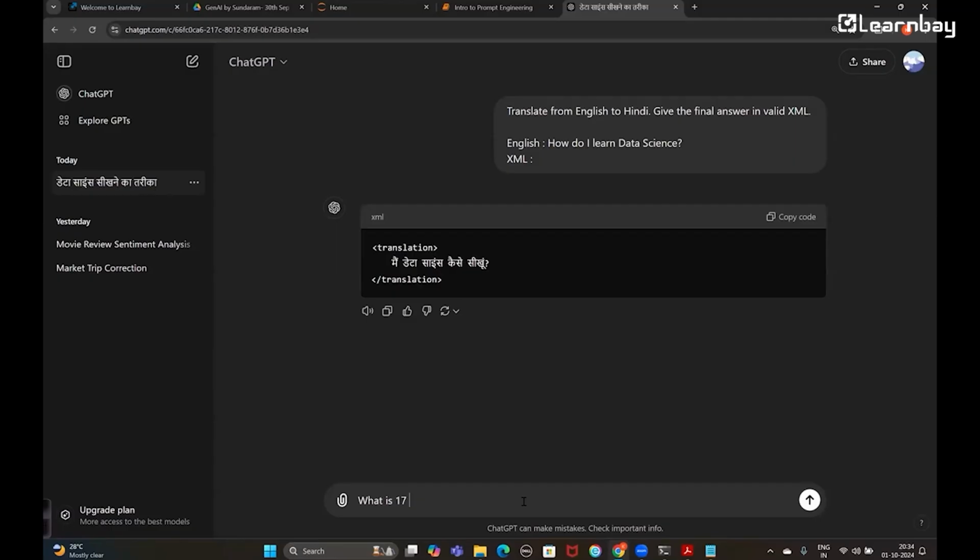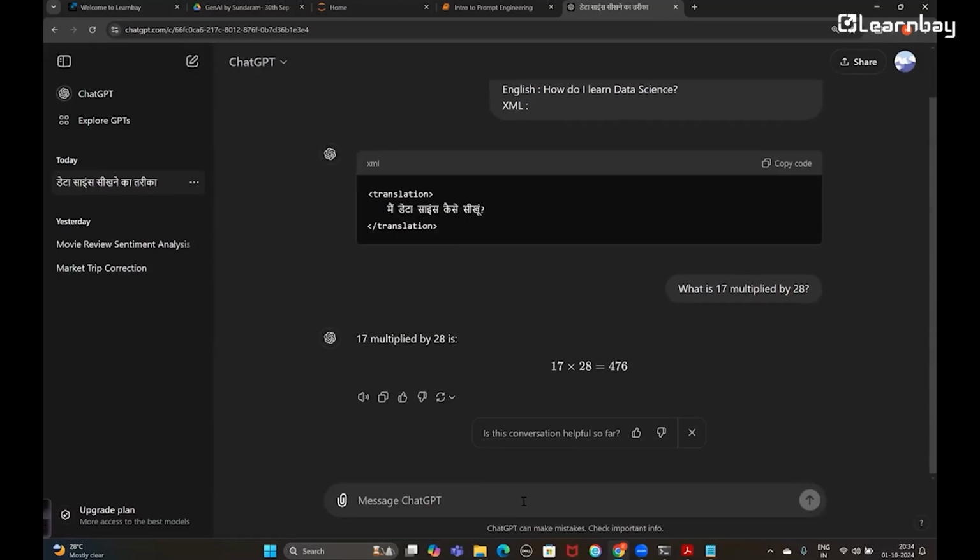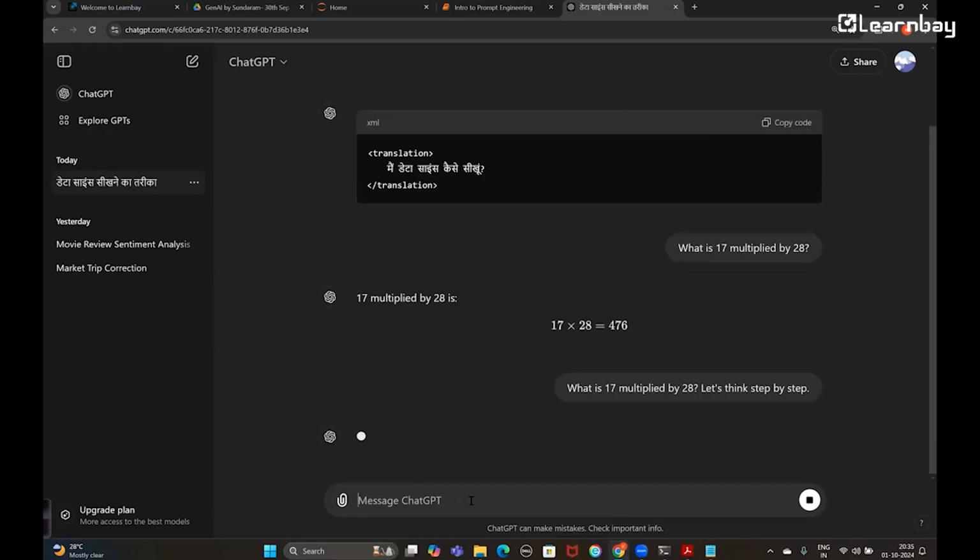What is 17 multiplied by 28? Okay, I'm doing this one. So they are giving the answer, taking some time and giving the answer like that. Multiply this 17 the way I did it. Similar thing they have done. But on top of it, guys, if I write this line, you can see the response. I'm just writing here, let's think step by step. You can see